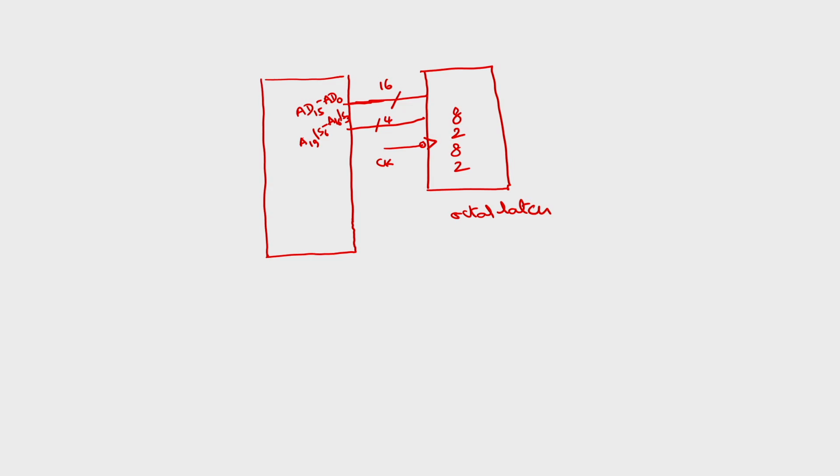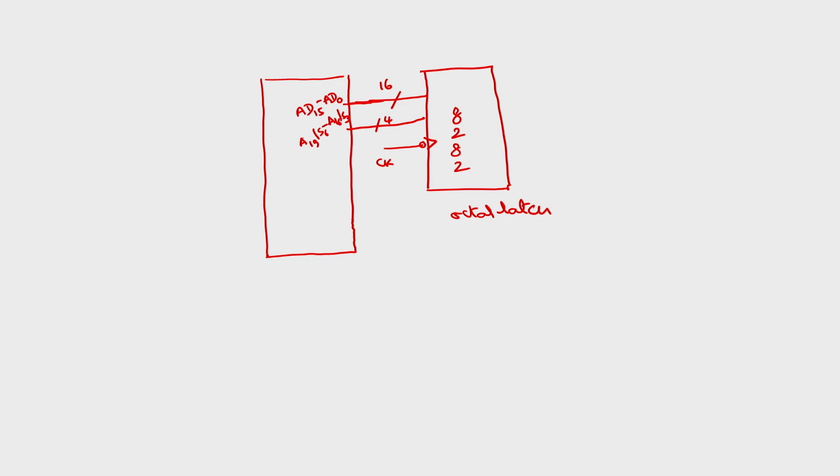So we need 3 such 8282s. I am not showing them individually here, only a single 8282, but in fact we require 3 of them. The clock is common to all 3 8282s and all the D flip flops inside them, but the inputs of the D flip flops will be different.